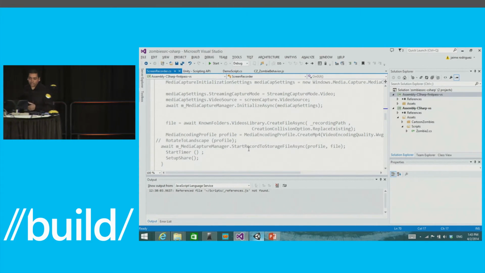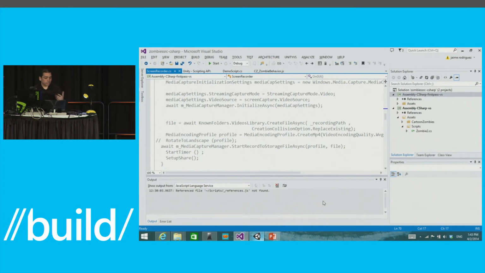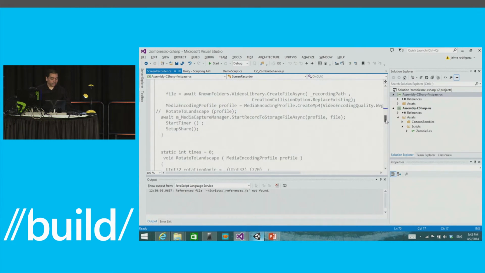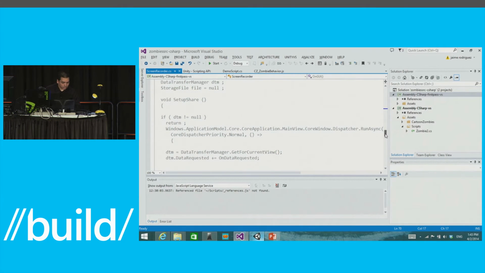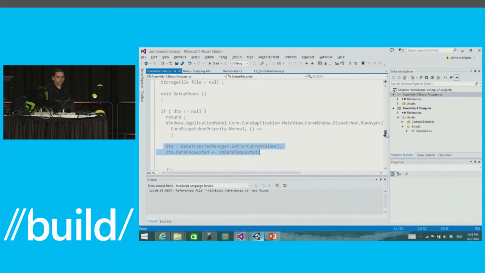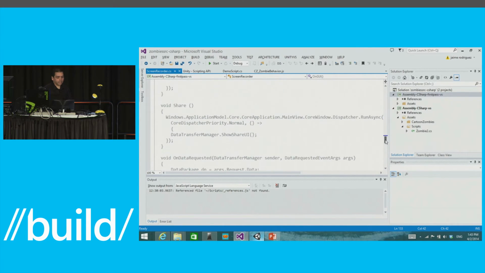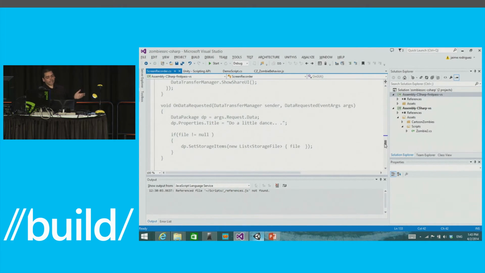In this case, what I did was I said, look, let's go ahead and share the file. So let's implement the share contract, for anybody who hasn't seen share on Windows Store. So I'm right here going in there and just going to set up share. And here's how you implement the share contract on Windows Store or Windows Phone. It's 2 lines of code. It's the exact same lines, 2 lines of code. It's these right here. I just said, hey, get a data transfer manager, and then implement the callback, or register for the event when data is requested. And then when data is requested, all I'm saying is, oh, you want data, so here's the video that I just recorded. That's it.